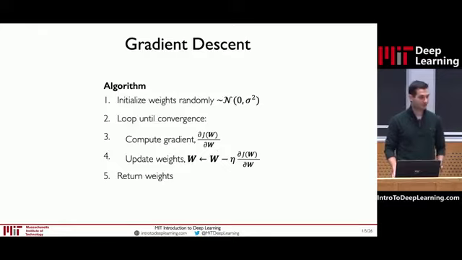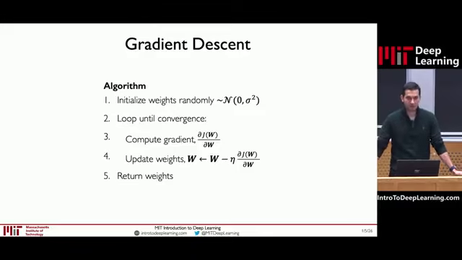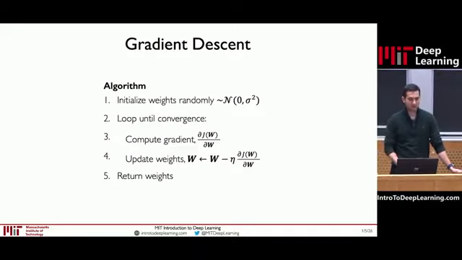So we can summarize this algorithm. This is known as gradient descent, and we can write it roughly in pseudocode. It looks like this. We start by initializing our weights randomly, and then we repeat the following process until convergence. We compute the gradient at the weights that we're currently in, and then we take a small negative step of our gradient with our weights. So we change the weights to step in the opposite way that the gradient tells us, and then we keep repeating this until there's convergence, until our weights are not really changing anymore. And then finally, we call those final weights the trained network or the model.